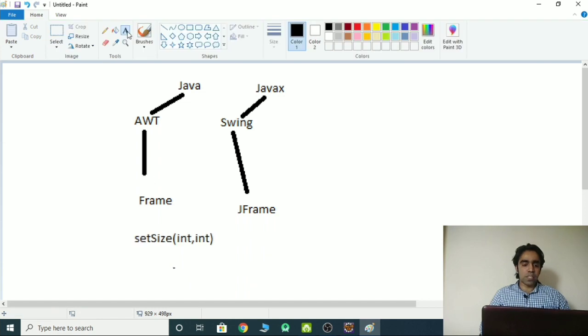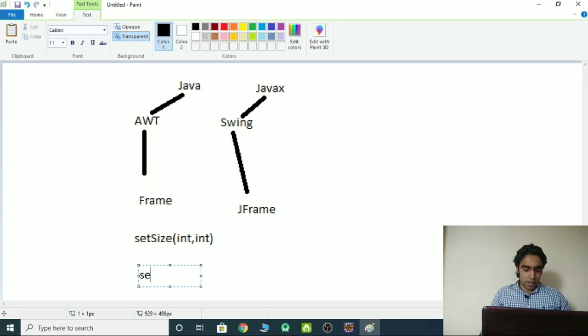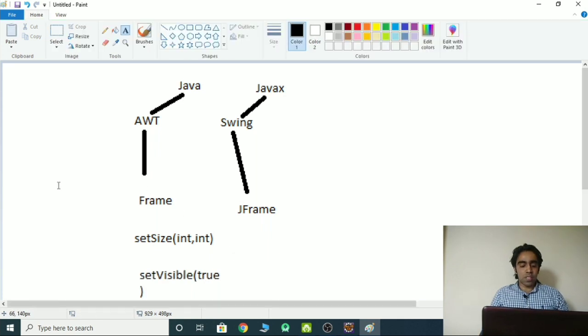One more function it is having, setVisible(true). In short, if we talk about Frame class, there are two functions, setSize, setVisible. setVisible contains data type which is boolean, we can write true or false.